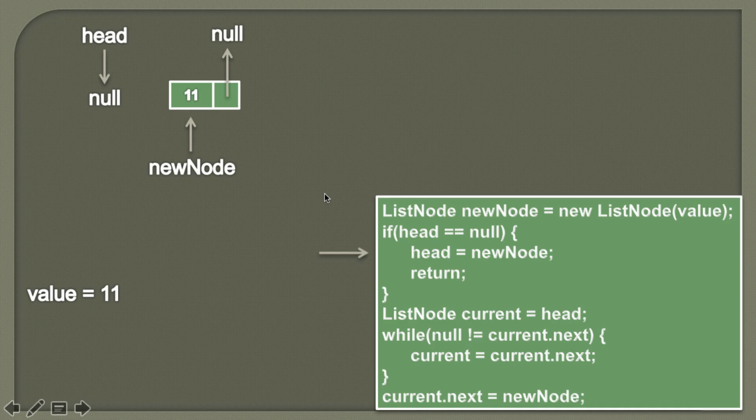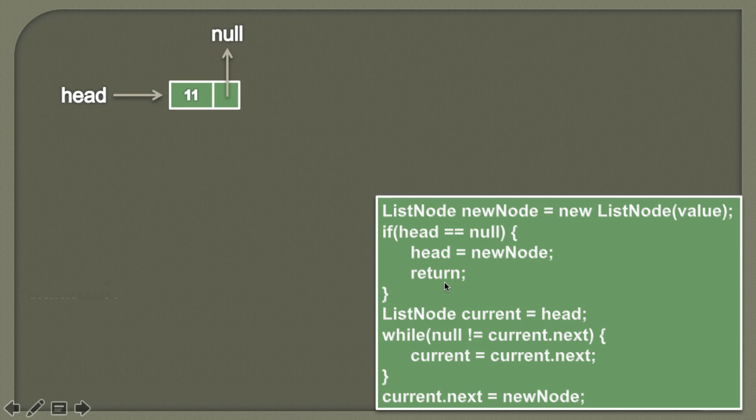But here, as the singly linked list is empty, in the first step we simply assign the value of new node to head. As head is pointing to null, after this assignment head will point to this node having data as 11. So it would look something like this. And we'll simply return from this method. So friends, here we inserted one node into the singly linked list at the end. Initially the singly linked list was empty, but now it has one node where head is pointing to this node.